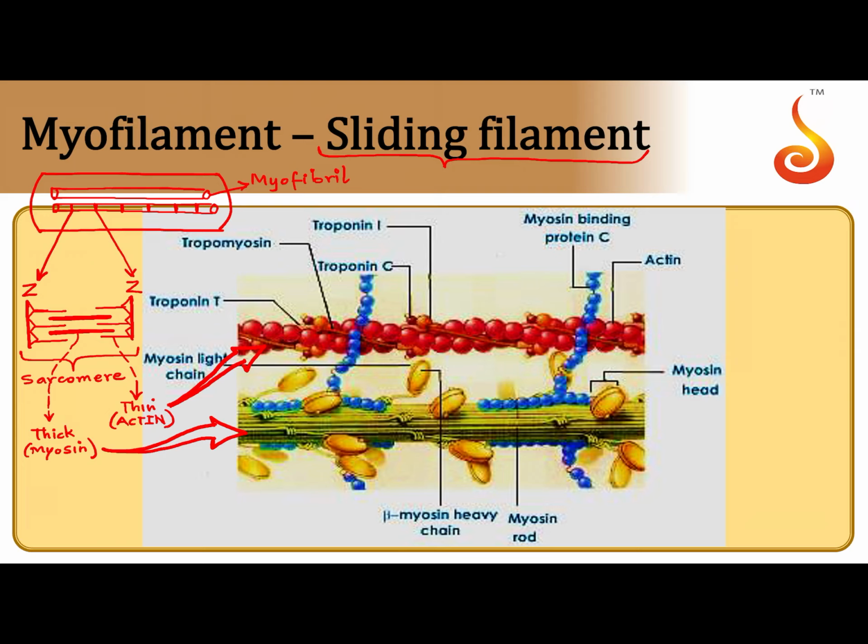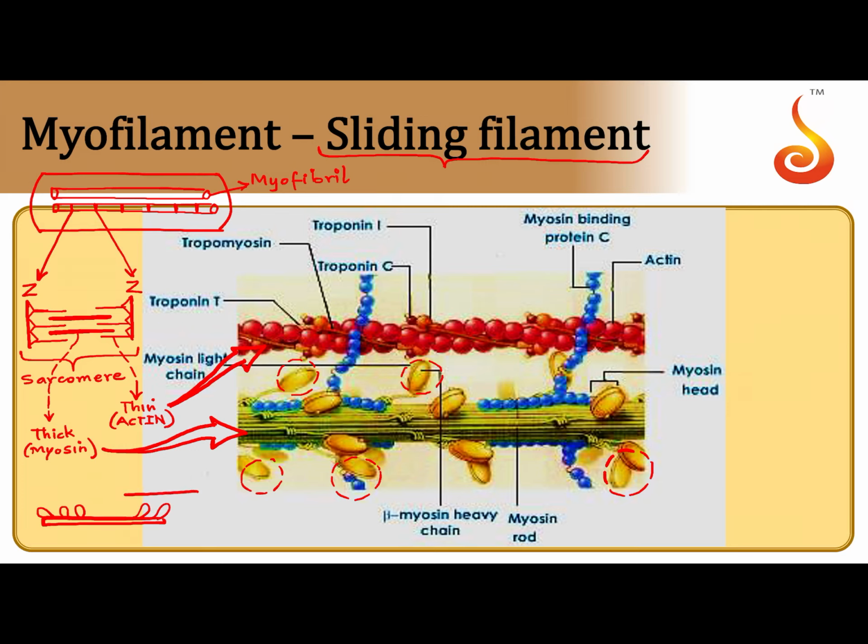And if you look at the thick filament closely, you have these structures which are projecting out of it. See these head-like structures projecting out of it. I am just highlighting them in a dotted circle. These structures which project out of the thick filament constitute what is referred to as the myosin head. And there is a reason why these structures are projecting out. Say, for example, this is the thick filament, and these are the heads which are projecting out of it.